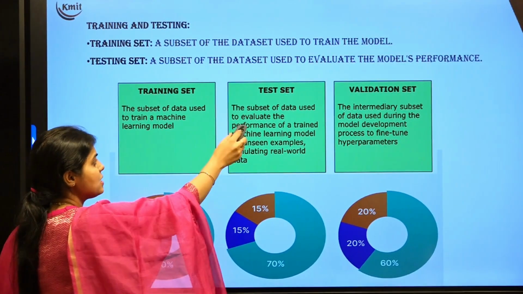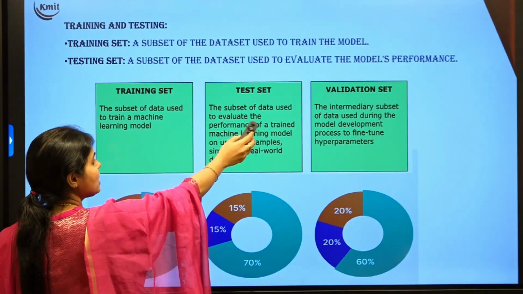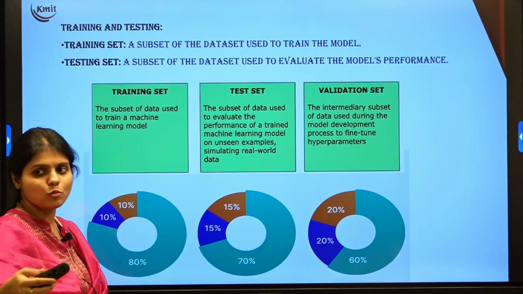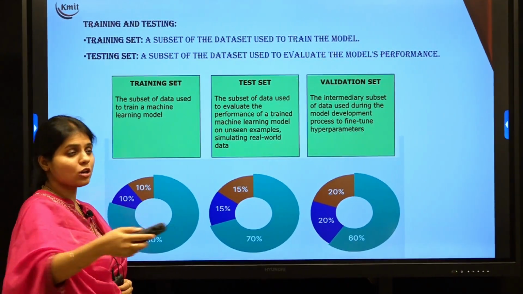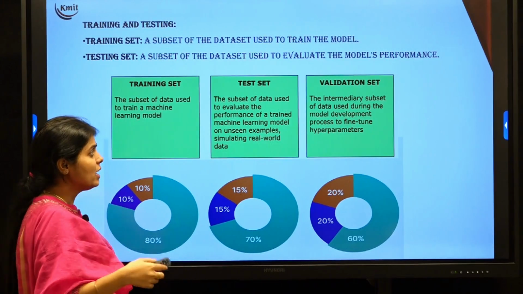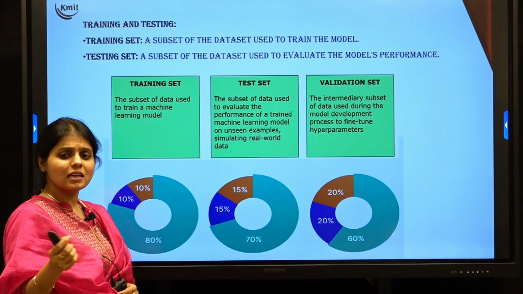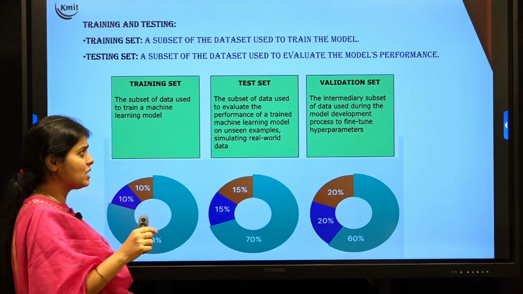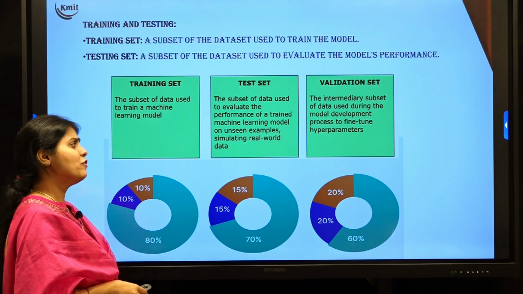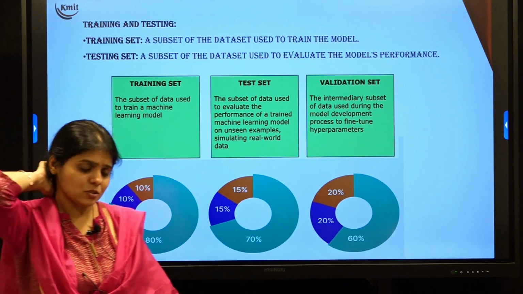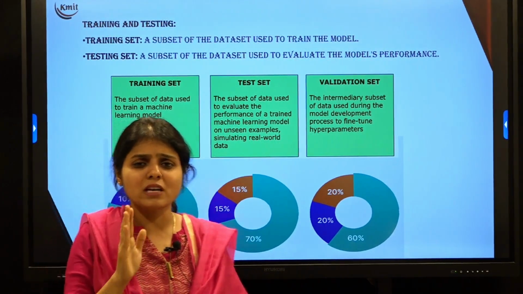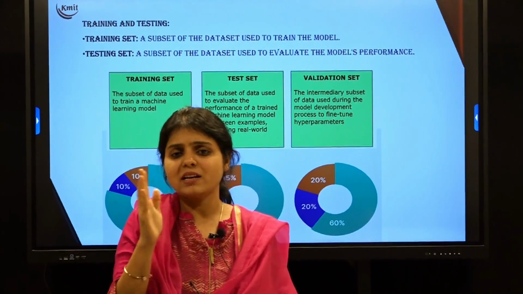Okay, so test data is nothing but the subset of data that is used to evaluate the performance of the model, or for testing the model. How the model works is all about your testing data. Apart from testing data, there is another intermediate subset of the data which is called validation, which we generally use for model development to hyper tune the parameters. So in machine learning, mostly we will limit ourselves to training data and test data.